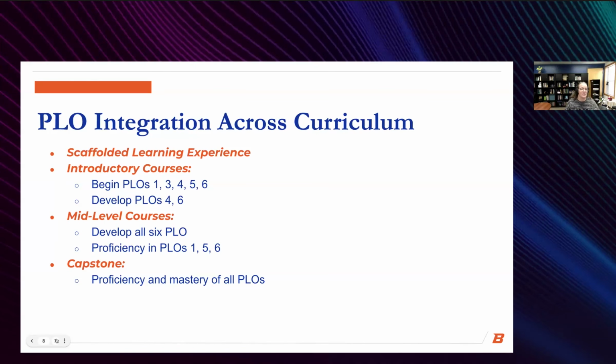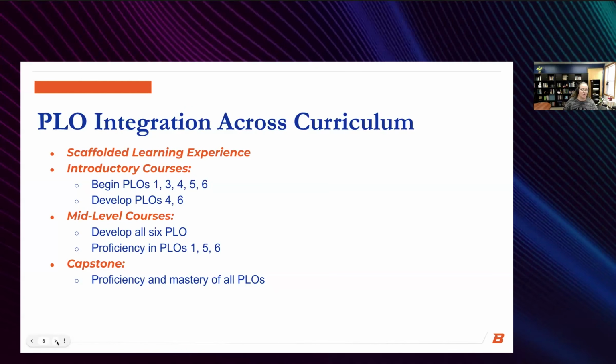So what we really wanted to focus on is scaffolding the learning experience for our students, and so this meant that our introductory courses are only expecting our students to begin looking at program learning outcomes 1, 3, 4, 5 and 6, and that they help students really develop their mastery of number 4 and 6.